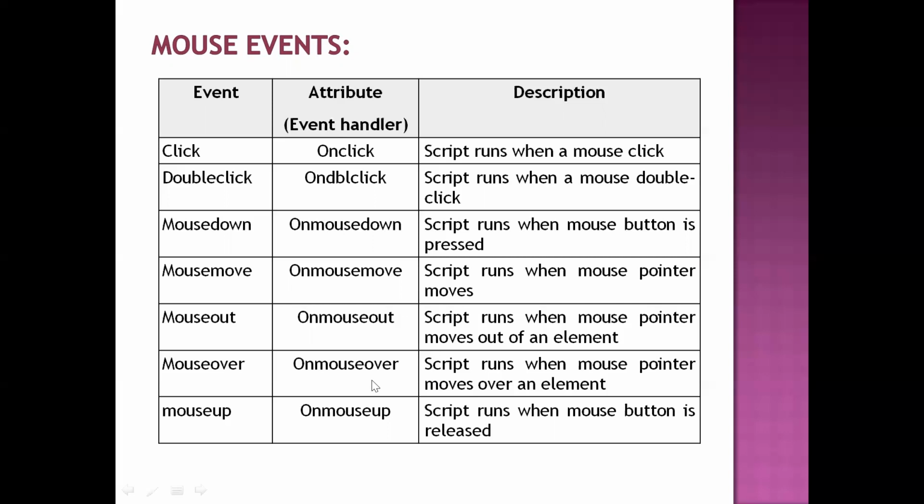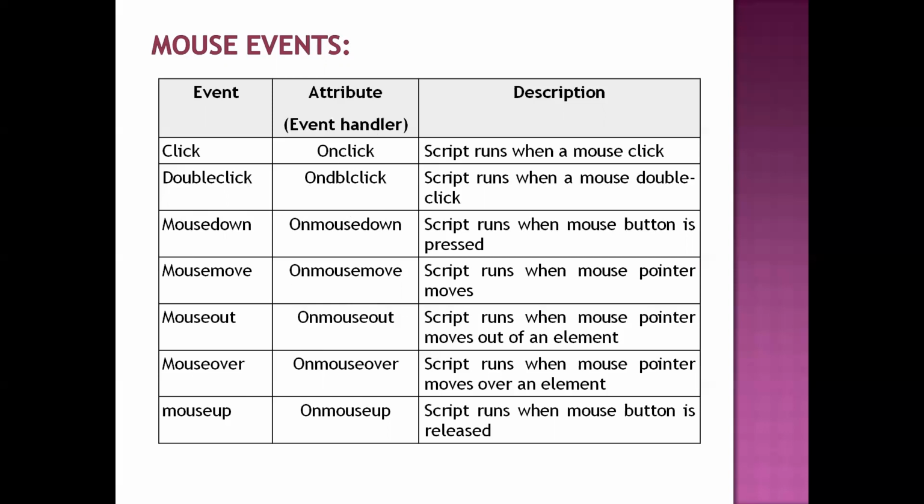Now the onmouseover event. Okay, whenever you move the mouse pointer onto a particular form field, it may be a text field or it may be a button, the onmouseover event will be generated. Whenever you release your finger from the mouse button, your mouse button comes up, right? So at that time, the onmouseup event will be generated. These are the major events that we can generate with the help of the mouse button.